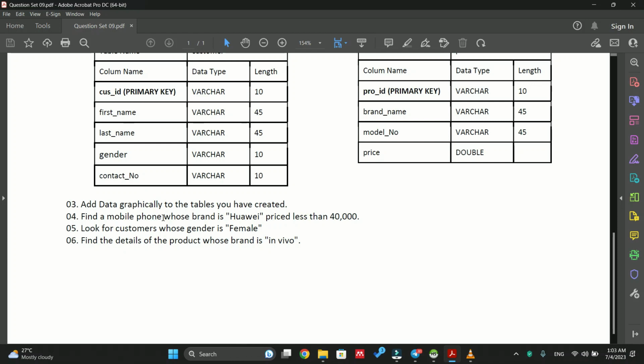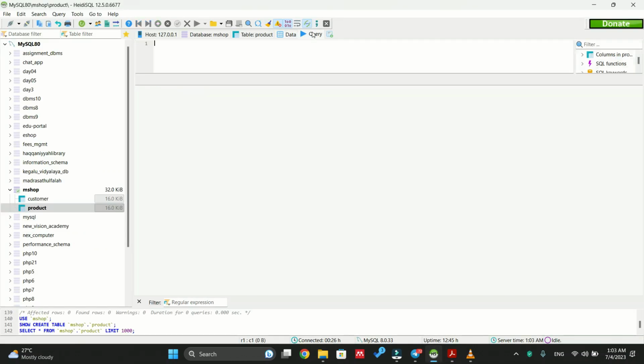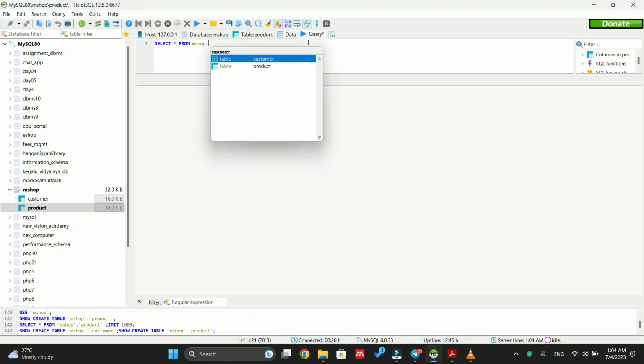Now we'll have to find a mobile phone whose brand is Huawei, priced less than 40,000 rupees. For this we'll be using the select query and the where query. Let's head over to our HeidiSQL, and within the query tab let's type in select all from. We'll select our database as well, mshop, and once I press the full stop you should be able to see the tables of the database mshop. I'm selecting the product table,